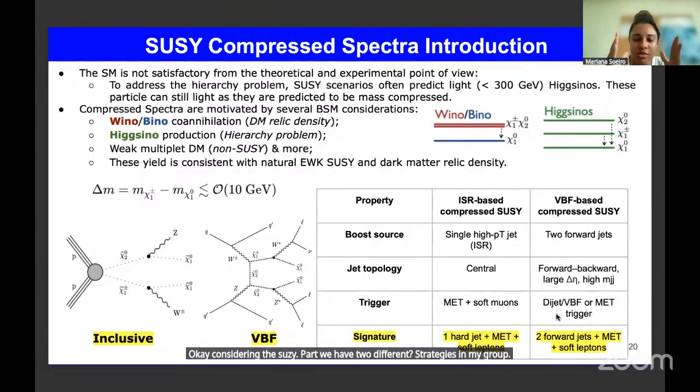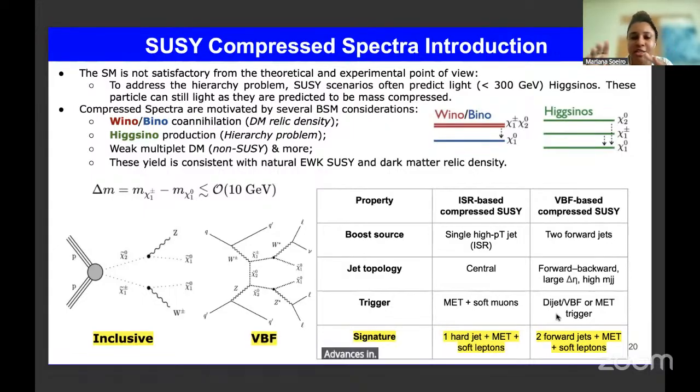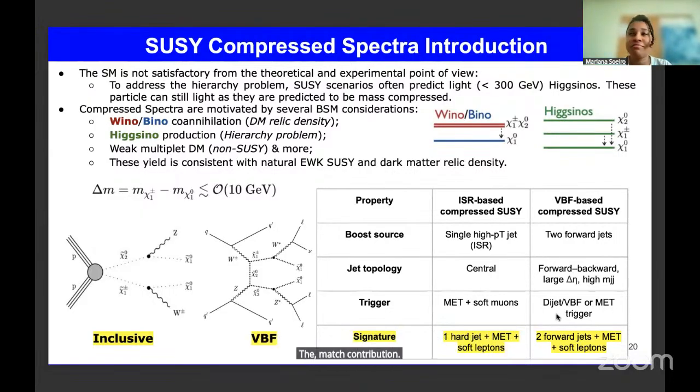We have the inclusive analysis at the moment. This inclusive analysis is very advanced in one note. I'm not participating in that, but it's very advanced. These inclusive analyses are focused on ISR jets, but for the jet topology, we have a central contribution, the match, and soft muons in the final signature. We need to understand the match and how the match works with the soft leptons. The match contribution could add some different things, but